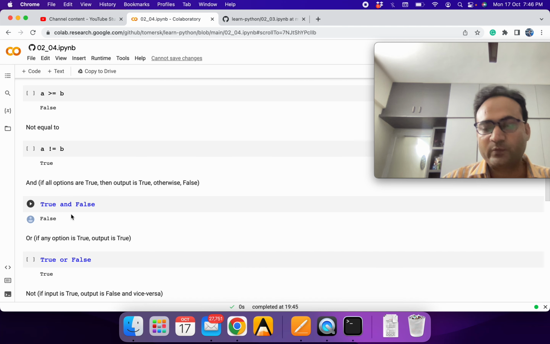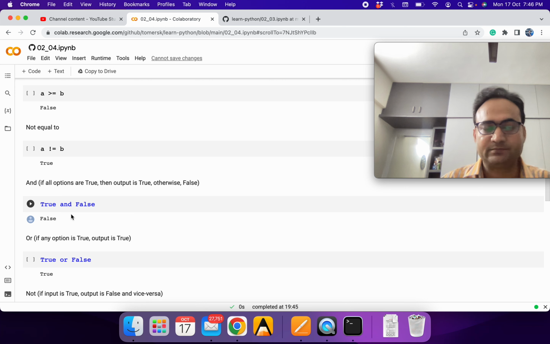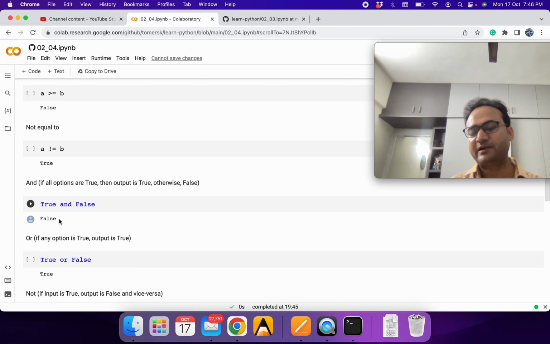We can use the AND operator. AND means if we have two conditions, if both the conditions are met, then the output will be true. When we say true and false, it means one condition was true, one is false, so we expect it to be false. It's like multiplying 1 and 0, where 1 means true and 0 means false, so the output will be 0. If you take many AND conditions, even if one is false, all will become false.